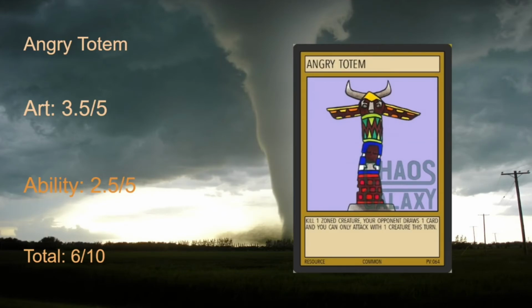The ability is kind of weak. So kill one zone creature. It's not bad, but your opponent draws one card and you can only attack with one creature this turn. It doesn't mean it's entirely bad, but I just feel like it has too many drawbacks to make it worth putting in your deck, because